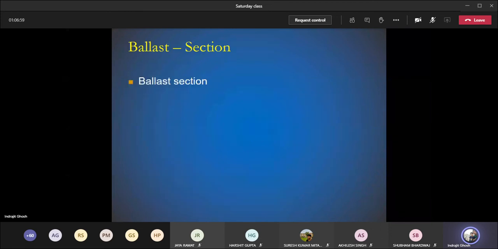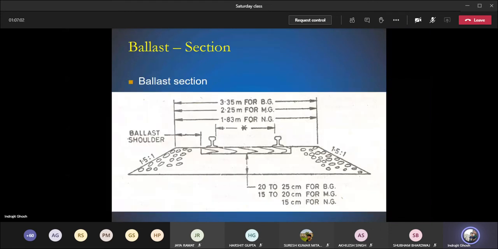So again, I am going to the next photo. Whenever we are telling some kind of thickness associated with the ballast layer, remember those values given in the track modulus table, 200 millimeter, 300 millimeter. It does not mean that 200 or 300 is this one. Rather, 200 or 300 is from the bottom portion of the sleeper. Okay, this is as per Indian standard. So in case of depth of ballast, this is the dimension we are looking for. In case of width of ballast, this is the dimension we are providing.